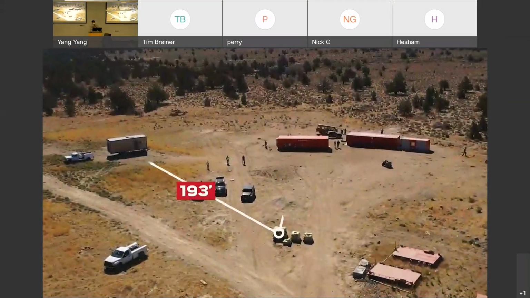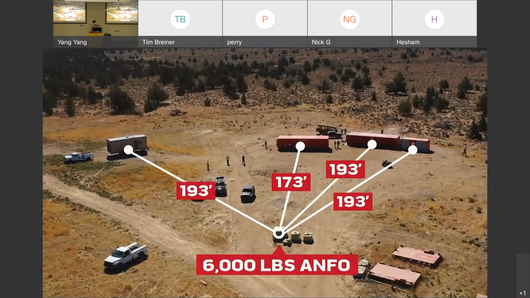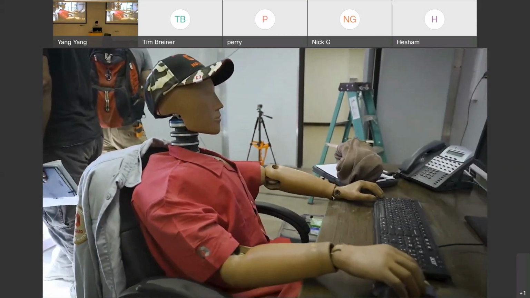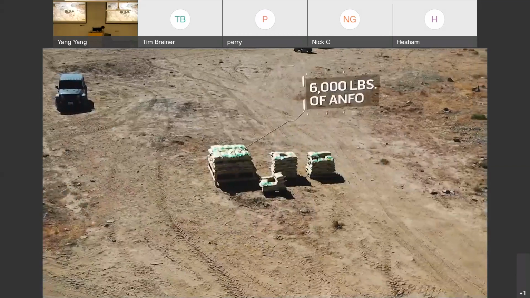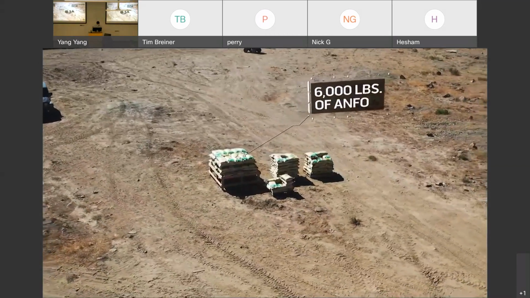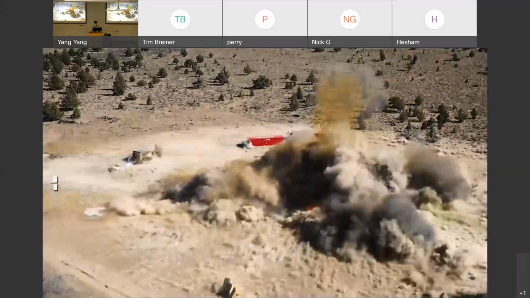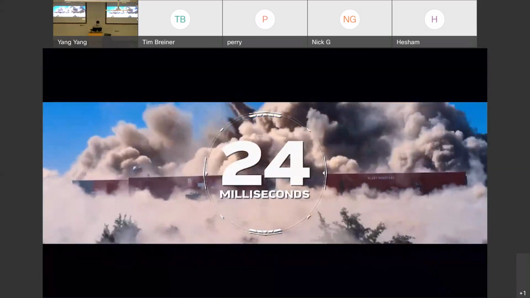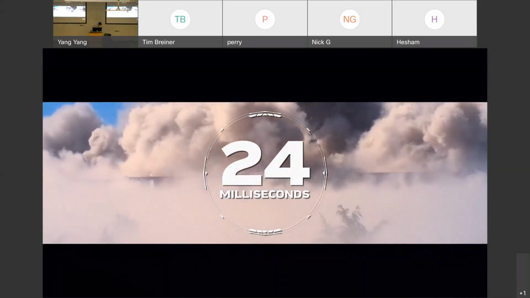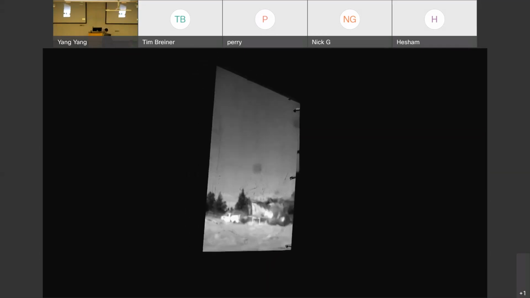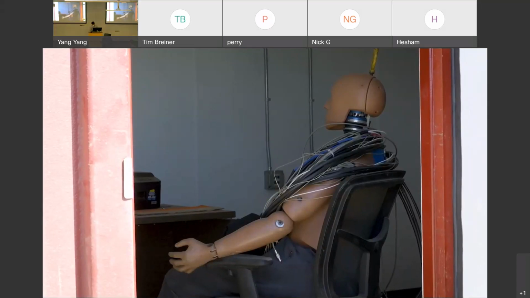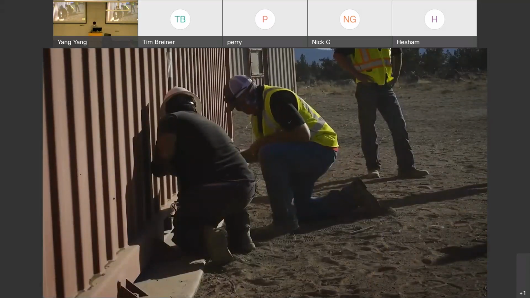We placed buildings at just 173 and 193 feet from what would be the explosion's epicenter. We put a crash test dummy in each building to detect if humans would have been injured in the explosion. The explosion employed a charge of 6,000 pounds of ammonium nitrate and fuel oil that created a 9.9 psi free field pressure blast at 24 milliseconds, simulating the damage of a very large explosion that could occur in a high hazardous process area. Through 34 channels of data, plus data from the crash test dummy, independent engineers concluded that our